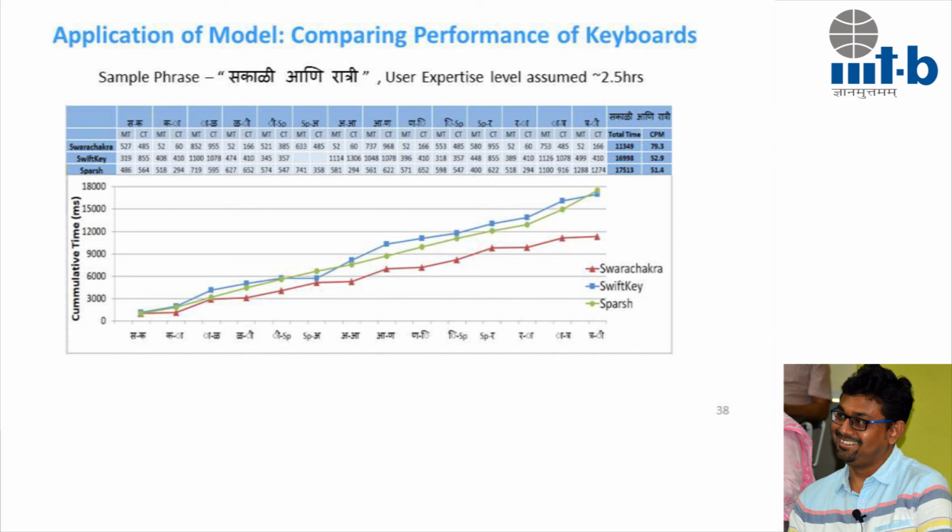And we were also able to see which keyboard is performing well at which letter. So we were able to check at the micro level which letters each keyboard is losing time or gaining time. So for example, these 3 curves represent 3 different sample keyboards, and this is basically the cumulative time of typing this, in milliseconds. While typing, we were able to understand where people were losing time. So through this, we were able to understand how we can compare multiple keyboards for different types of typing, for different types of use.